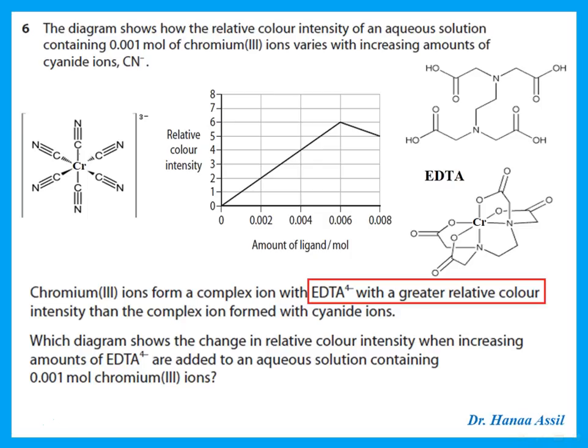So he has diagrams and he's telling me which diagram shows the change in relative color intensity when increasing amounts of EDTA are added to an aqueous solution, again containing 0.001 mole. Remember, the graph that we had was for cyanide. That graph up there is for cyanide. And we said for each chromium, we have 6 cyanides. So for the 0.001 mole of chromium-3 ions, it needs a peak at